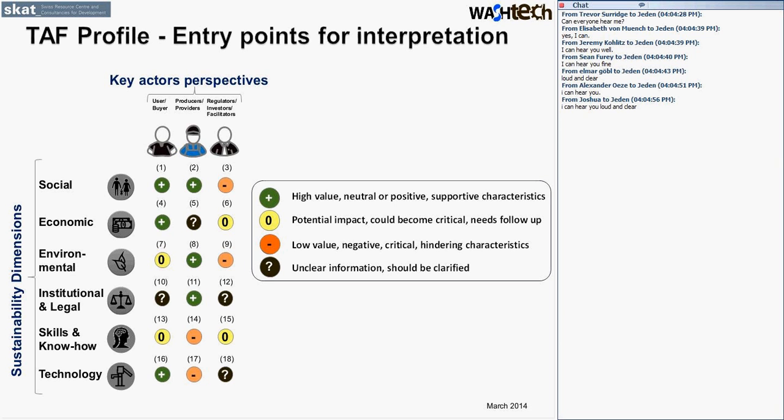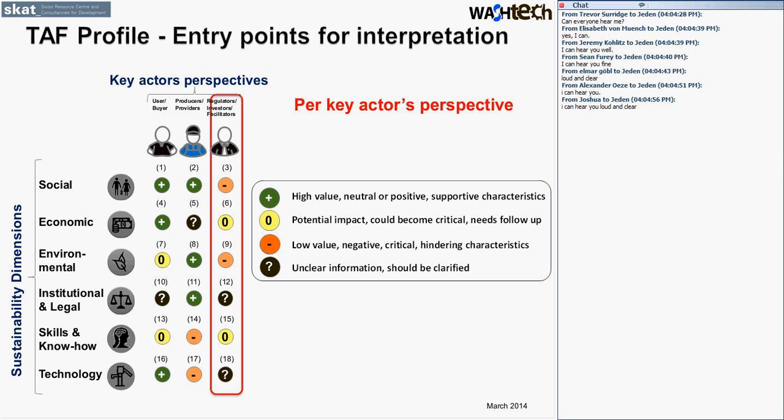So this type of arranging and presenting the scores allows you different entry points for presentation, as we see on the next slide. For example, you can focus on a particular perspective of one actor group, like here, regulators, investors, and facilitators. You see from their perspective, there are red dots for the social and the environmental dimension, for example. This here is just a hypothetical example, but you immediately can identify